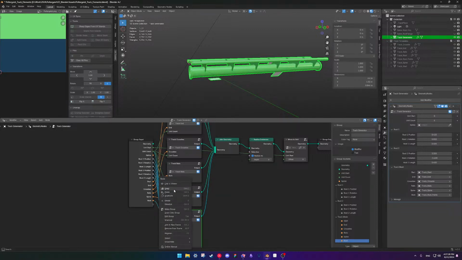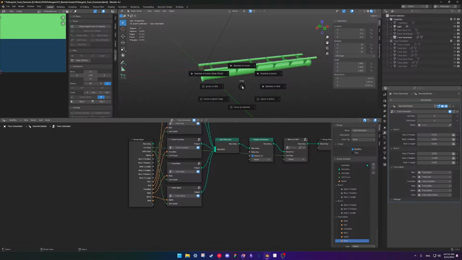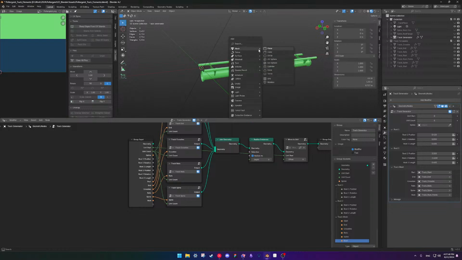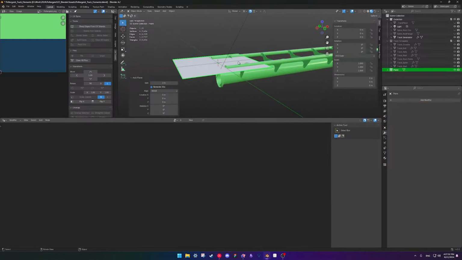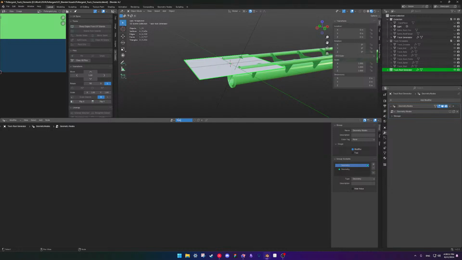Let's copy. Let's go to plane. Then on here we'll call it track root generator.